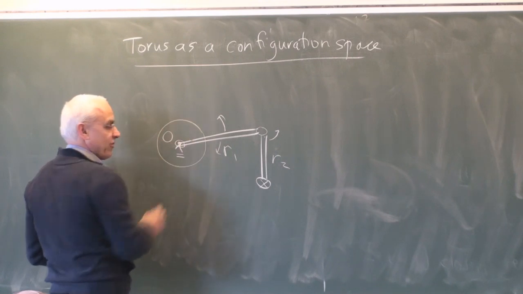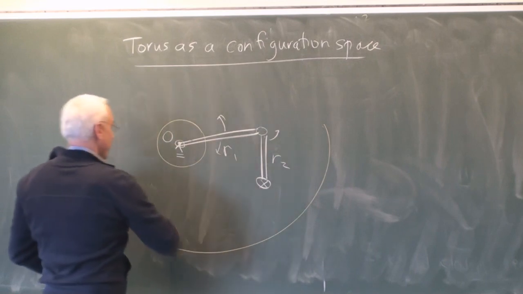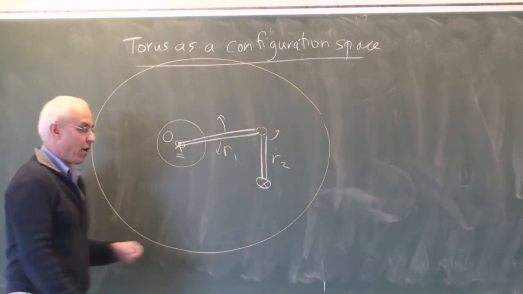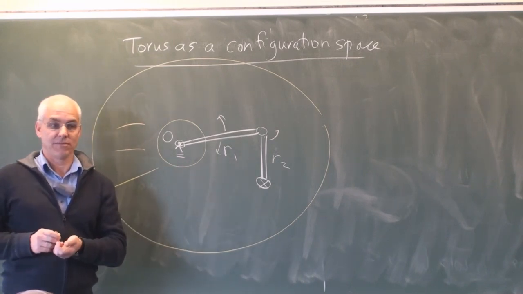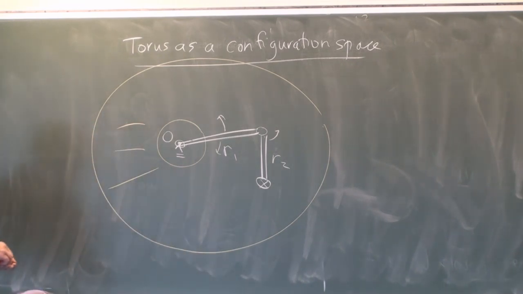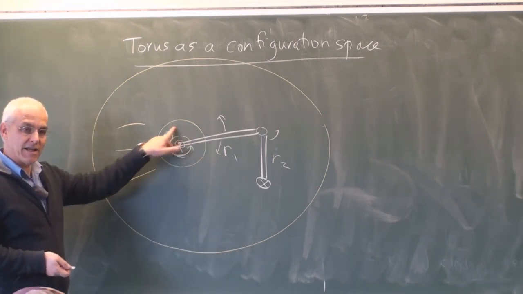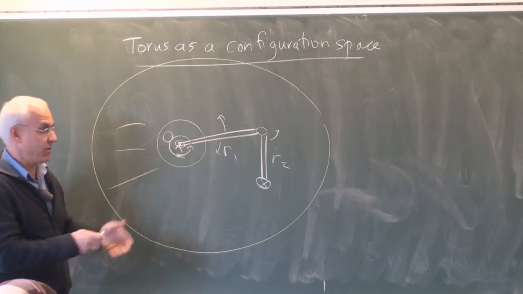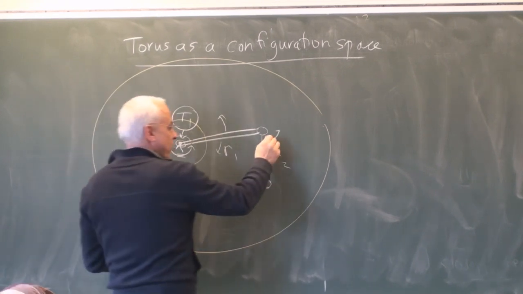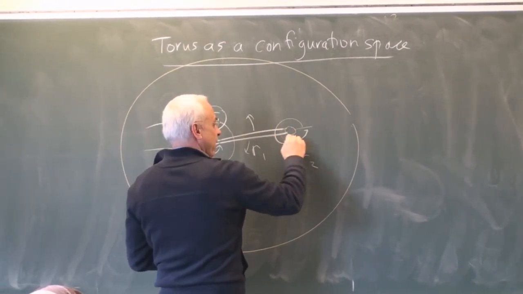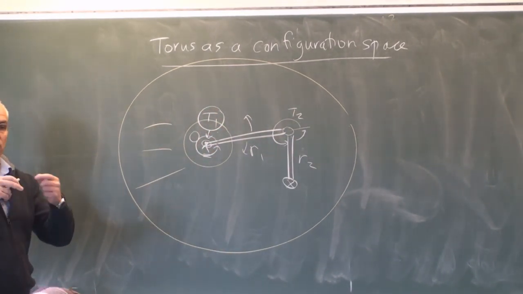That's probably about as close to the origin as you could get with the sizes, and then you could probably get out to about here. So your robot could explore this annular region if you gave it the appropriate instructions. And the appropriate instructions would simply amount to a number telling us how far to turn around here. So we need one turning number, and then we need another turning number with respect to some reference point here.